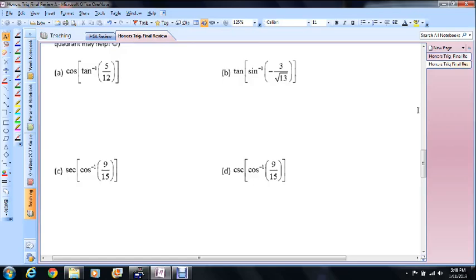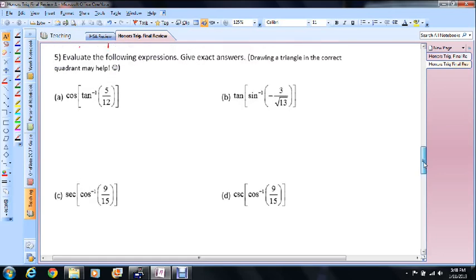Okay, so let's go ahead and continue with the review packet on number 5. It says evaluate the following expressions, give exact answers. Now I'll give you a little hint here that drawing a triangle in the correct quadrant may help. Every single one of these problems produces some type of angle, and then we're taking whatever function is on the outside of that. So for instance, we're going to take the cosine of whatever angle